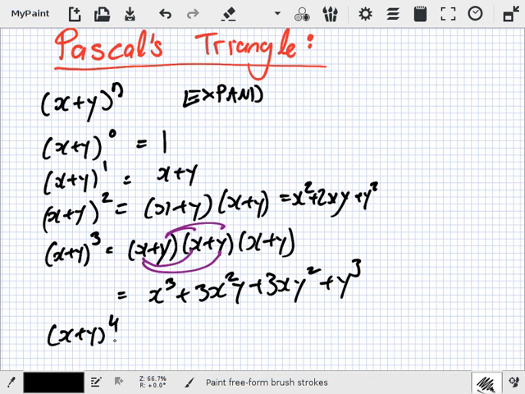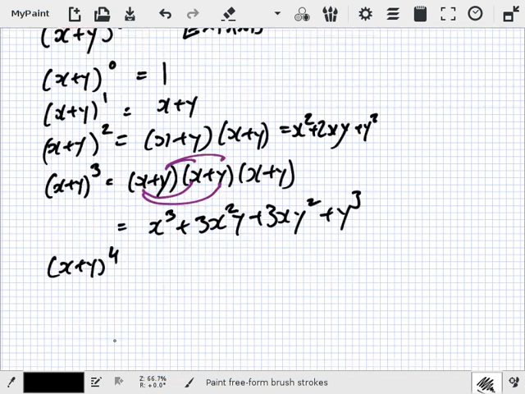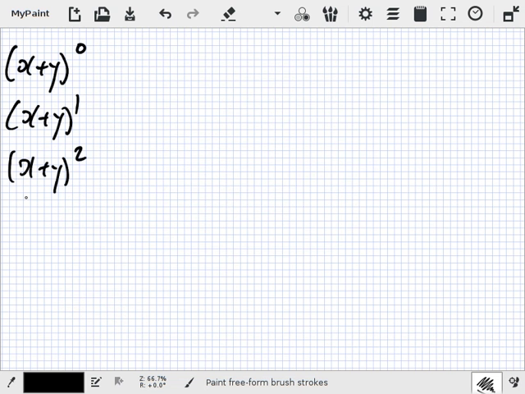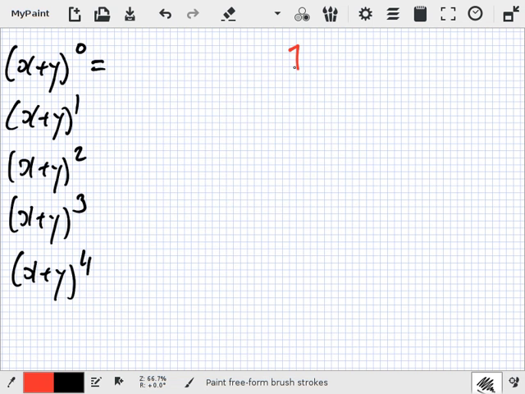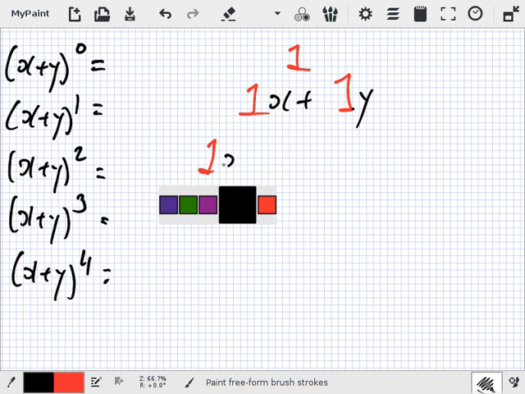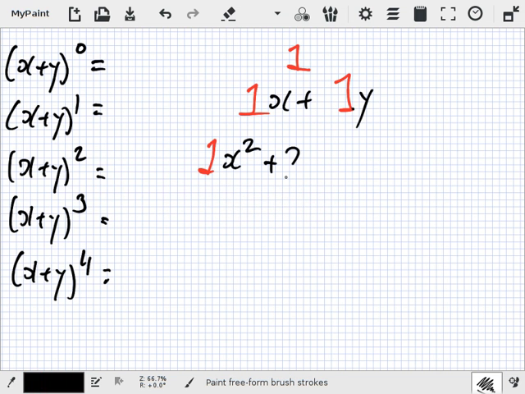Okay. Can I scroll down? Yeah. Okay, so let me just write this out. x plus y power 0, power 1, power 2, power 3, and we'll do power 4 if I have space. So this one here would be just 1. And then this one here would be 1x and 1y. And then this one here would be 1x squared, 2xy